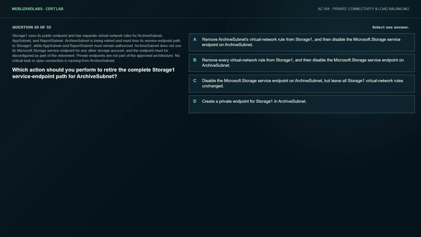Question 30 of 32. Storage 1 uses its public endpoint and has separate virtual network rules for archive subnet, app subnet, and report subnet. Archive subnet is being retired and must lose its service endpoint path to storage 1, while app subnet and report subnet must remain authorized. Archive subnet does not use its Microsoft.Storage service endpoint for any other storage account,